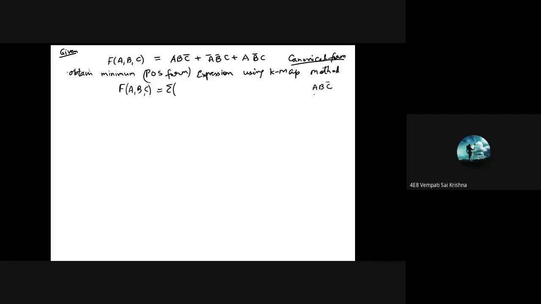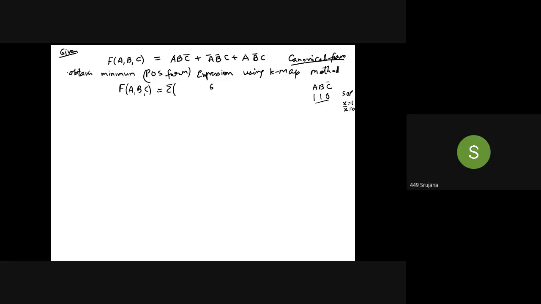And why 1? That's why I was confusing you. What I said, this is SOP form, right? And if it is SOP form, you will take a variable as 1 if it is true, and if it is complement, then you will take it as 0. So here A is a true signal, it is 1. B is a true signal, it is 1. C complement means you will take 0. So what is the equivalent?